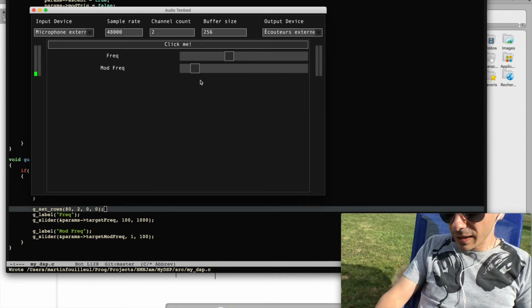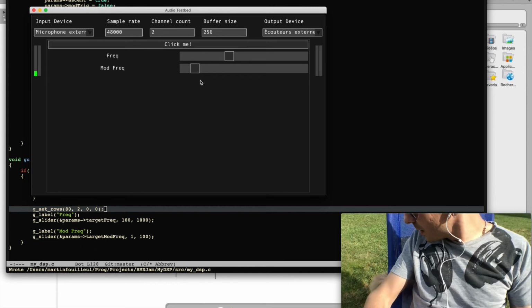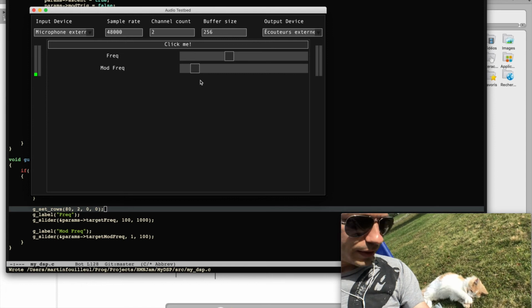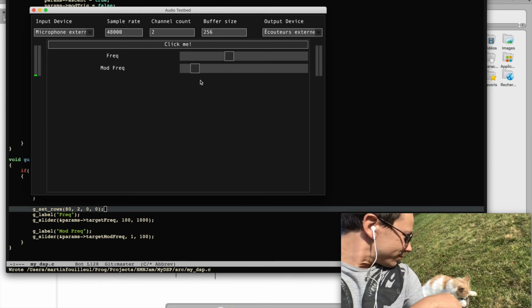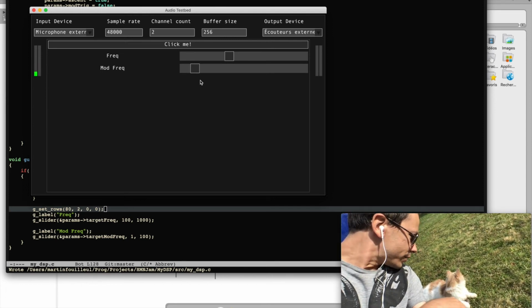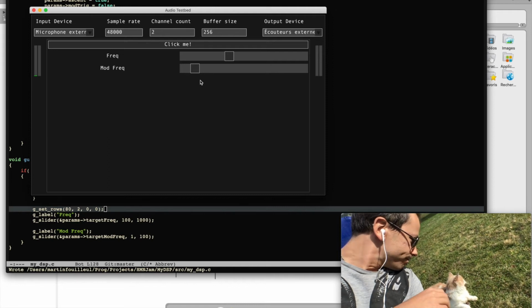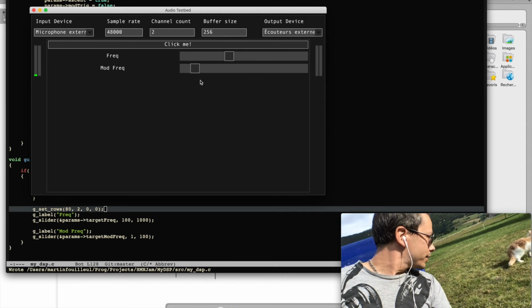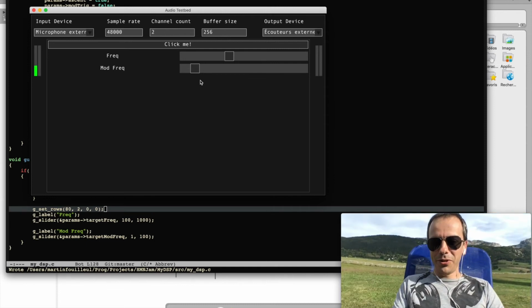Oh, there's a nice cat here. Can you see? Hey, hey buddy, do you want to say hi? No? You want to play with that rock? Let's play with that rock. Okay. So,